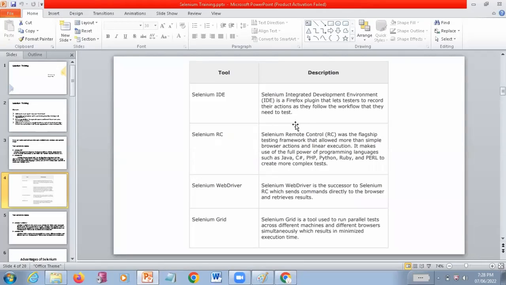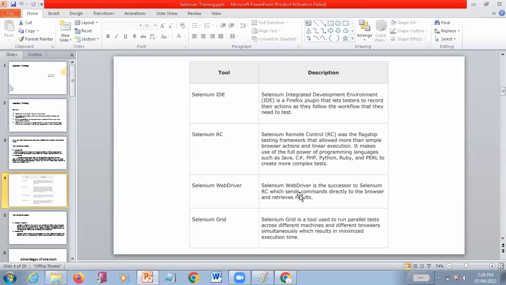The authors have removed it after Selenium WebDriver came into the picture and started working. People started using WebDriver, right? They thought of removing it, because all the features that are available in Selenium RC are available in Selenium WebDriver. Why do we want to keep two tools? That is the reason they have removed it. Now you just got it, right? Yes. So Selenium WebDriver, you are going to call it the successor of Selenium